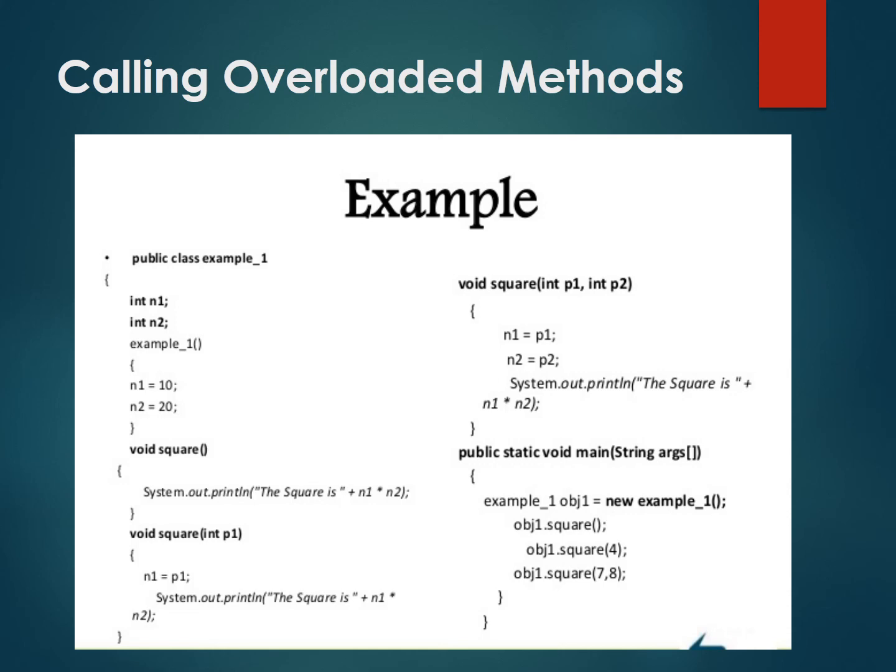Therefore the value of n1 will be 7 and n2 will be assigned 8 and the product will be printed, 7 into 8. In this way the compiler resolves the calling statements depending on the list of the actual parameters that are passed